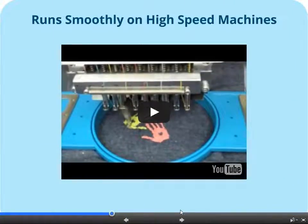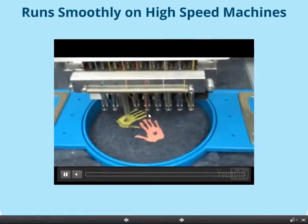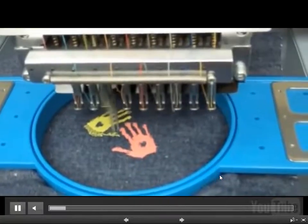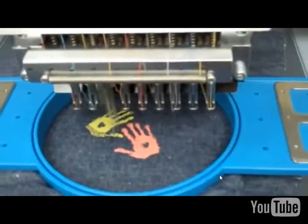As with many specialty threads, there are a few tricks of the trade to get best results from embroidering a frosted mat. I'm going to ask Nancy, who's actually embroidered with it, to explain some of those to you. Hi everyone. While frosted mat is considered to be a 40-weight thread, it is slightly thinner than the standard 40-weight